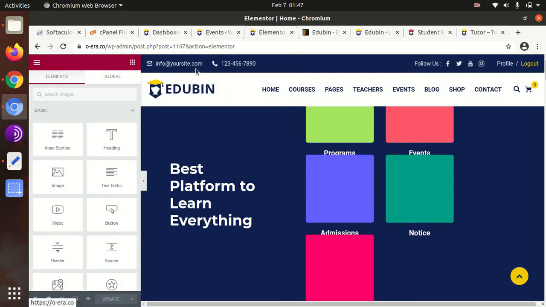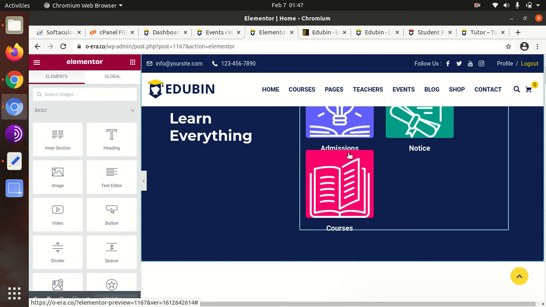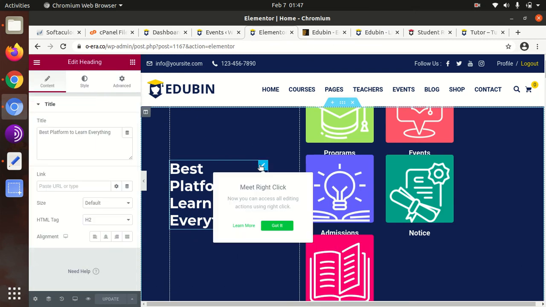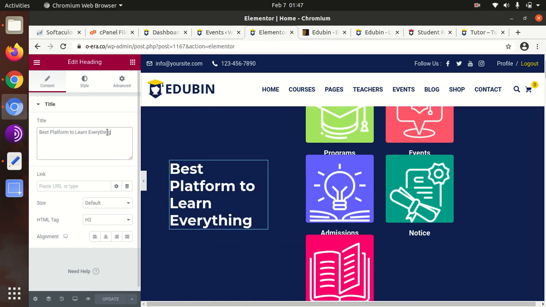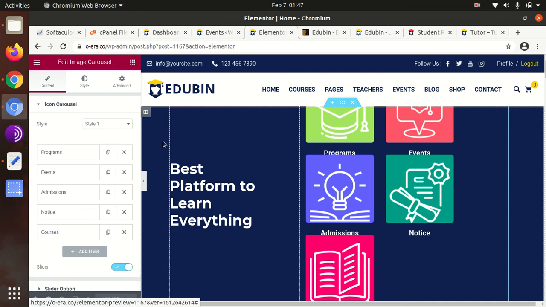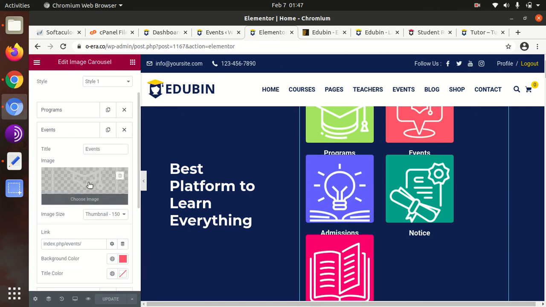Whatever page you need to edit, just open and click on edit with Elementor, and now all the elements are here. So you can simply click on the pencil icon to edit, and you can edit the text here, and you can change the icons. So programs icons and all such icons are here.